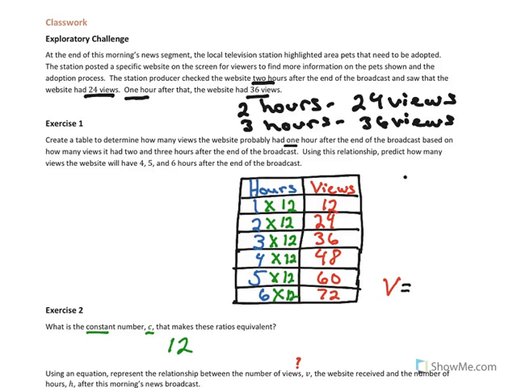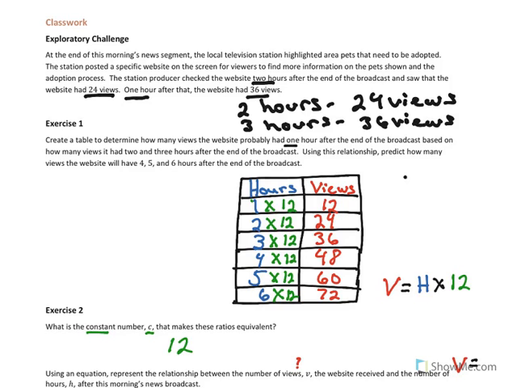Well, it looks like we multiplied the hours by 12 for every single one of them. Each one of the hours was multiplied by 12. We know, however, that that is not how we write things nowadays. You were taught this week that the way you write is not the hours times 12, but rather views equals,